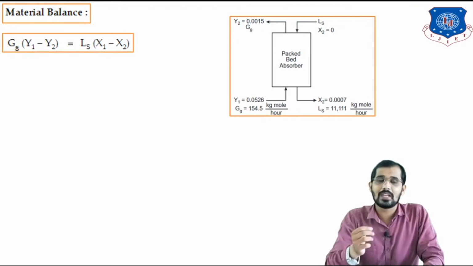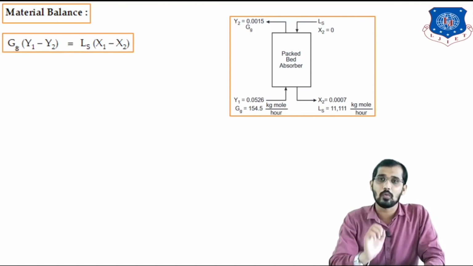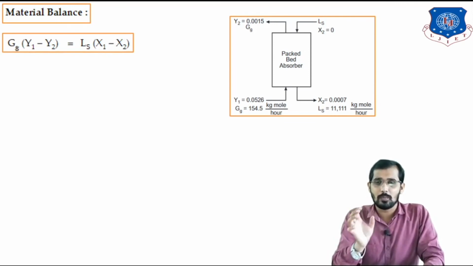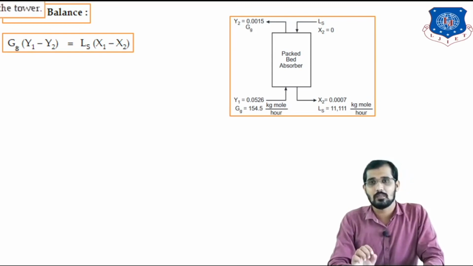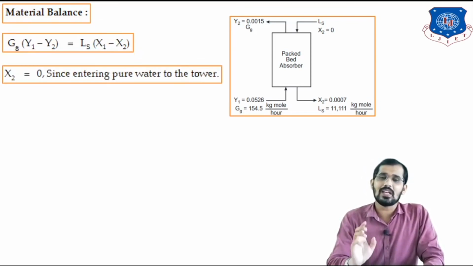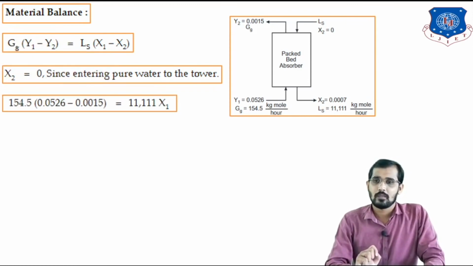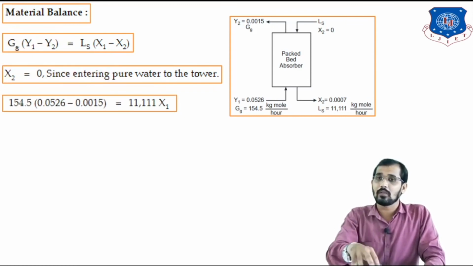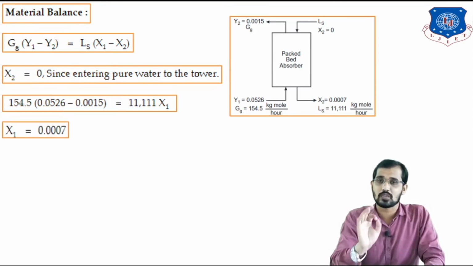After that, we have calculated the amount of the solute in the liquid stream at the exit. So, how to calculate that? We have to take this material balance. I told you how to write this material balance. Just see here, inlet is equal to outlet. You have to put the inlet stream on the left hand side and the outlet stream on the right hand side. You will get it like this. After that, put all these values in the above equation. All these values we have calculated in previous slides as well. So, by using this relation, you can calculate x1.